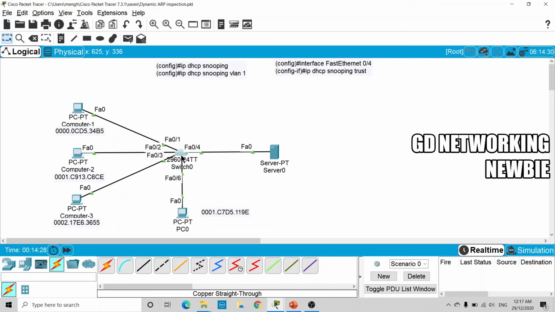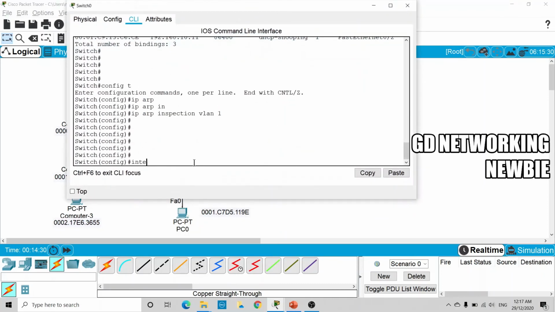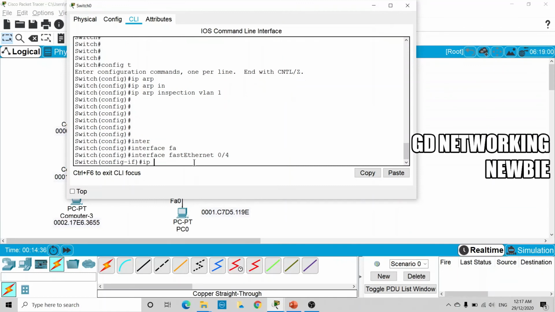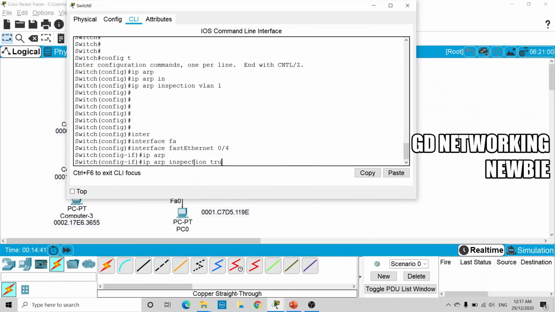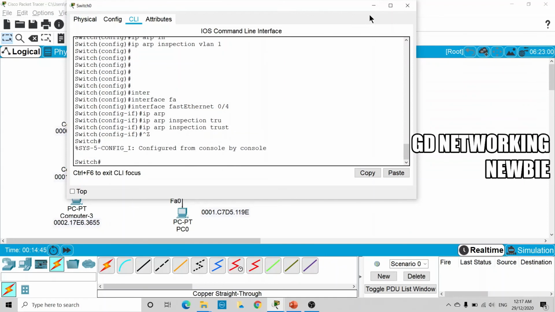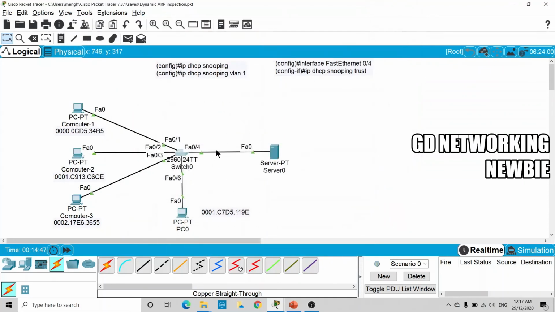So we go to interface FastEthernet 0/4, and then here we say ip arp inspection trust. So now that specific port has been configured as a trusted port.